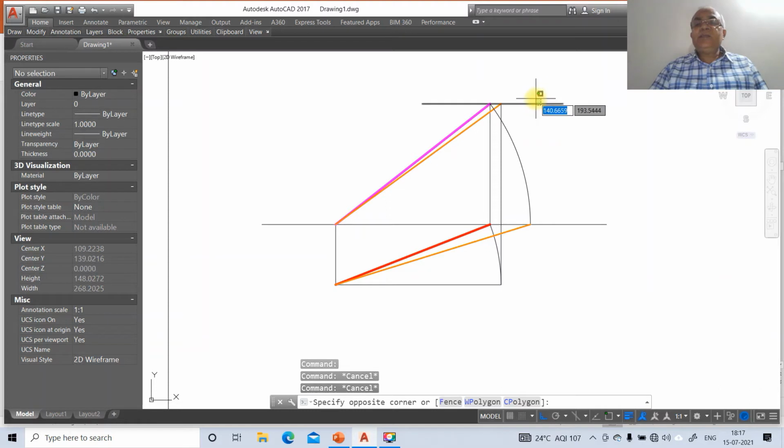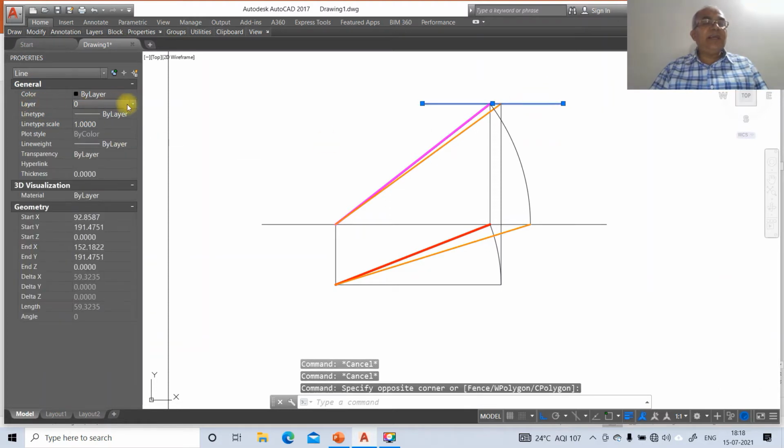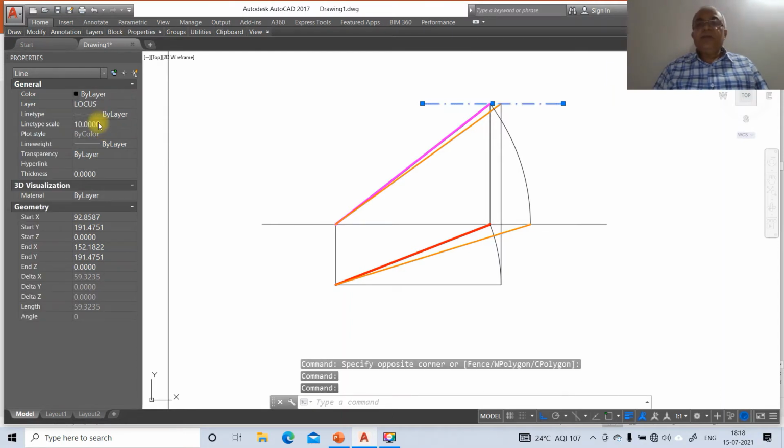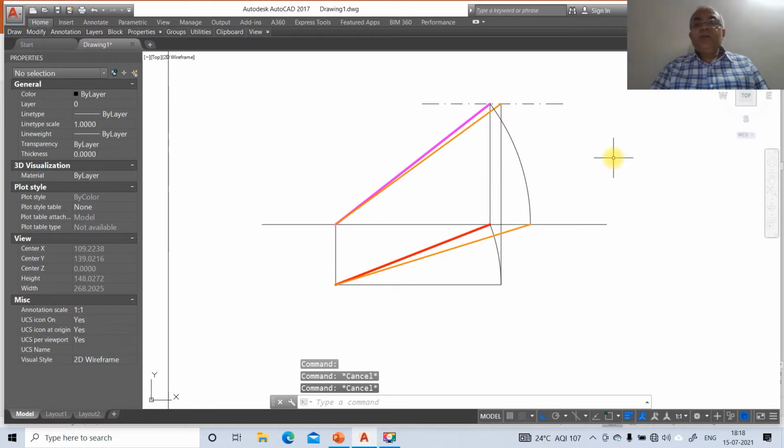Now we will just click on this and make this layer as locus layer. So see what happens. It will change both the line type and the scale factor as 10. So you will get this. So this is how you will be able to change all the